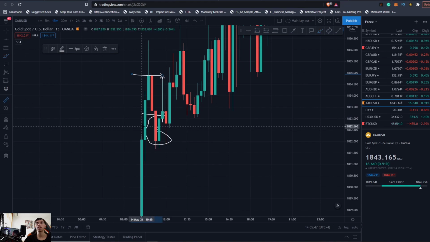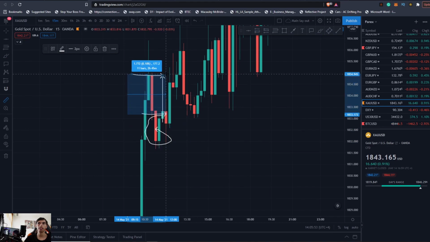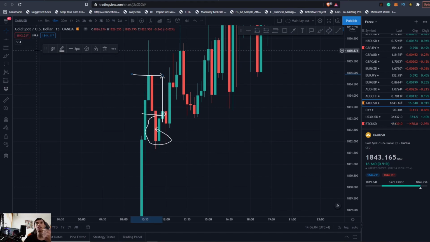Now you must be thinking that's a very small trade. Well, no, it's not. If you were to use a 15 pip stop for a 17 pip target, which was hit, that's a perfect trade, yeah? That's how you bank, that's how you do it. And that's the key of simple price action: you just trade it the same as how you trade gold. And your stop losses on gold can be more aggressive.